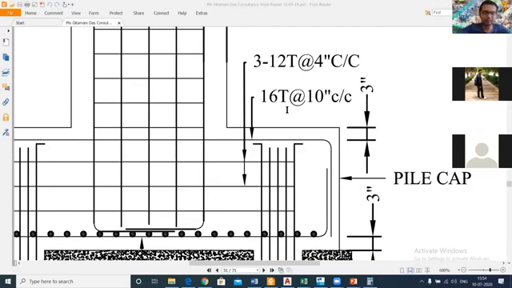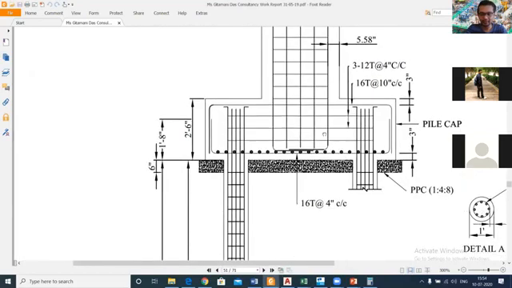So in this, the calculations will be different. If we want to calculate the quantity of reinforcement in this particular footing, we need to calculate for both the top and the bottom, because it's given in the structural drawing. So you don't need to worry, all the details will be given in your structural drawing. If you were to calculate the reinforcement for this footing, we need to just take into account this length, and we'll add this particular length as well. The concept is the same. We just need to use that concept to calculate. And this one also, this one is 3 number of 12 mm bars at the rate 4 inch center to center. This one also will be calculated using the same concept.